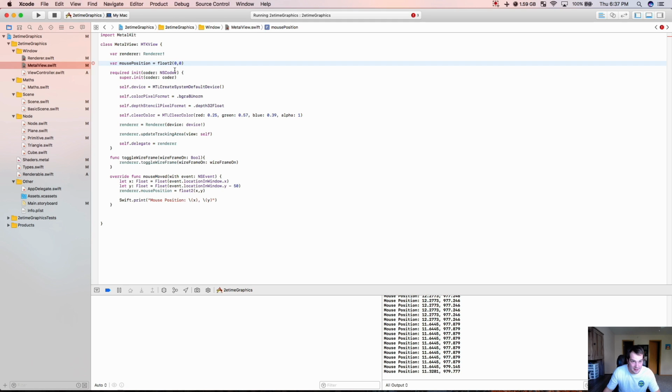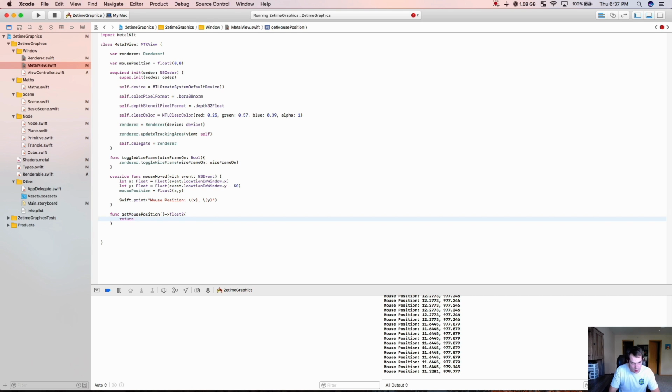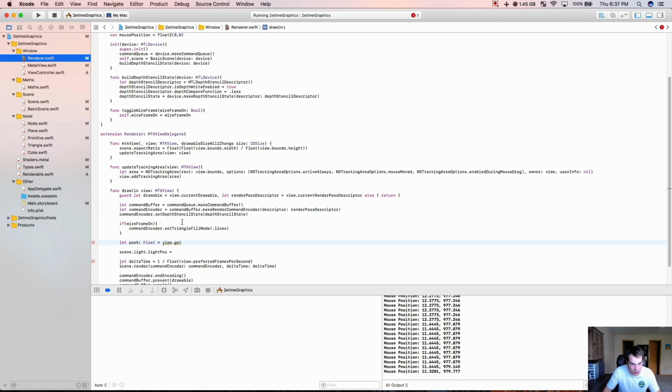All right, we got this everywhere. Render.mouse. We'll still do that, but, oh no! You know what? I'll just put mouse position equals this. Then I'll call func getMousePosition, which will return a float2. Return mouse position, and then I can call dot mouse position. Now in the render I can get the mouse position,